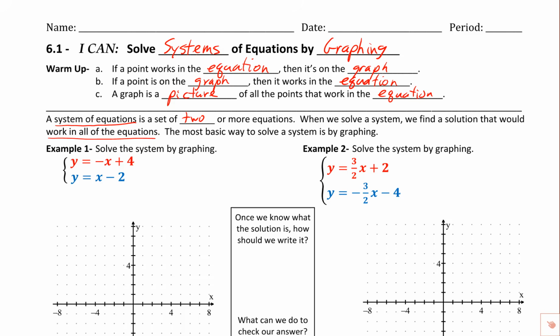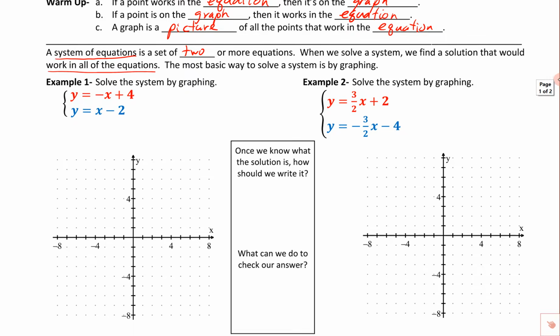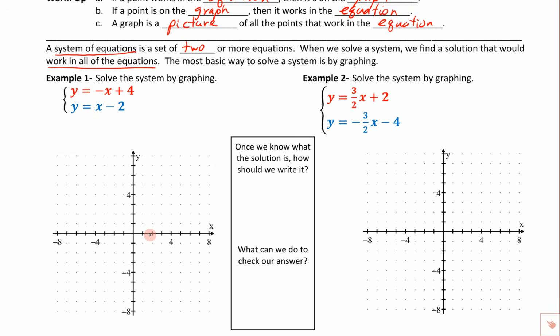So I've got this color coded a little bit, and you'll notice that I've got a graph right here. It's got dots on it, so we've got a nice grid pattern that we can work with. We can be really accurate with this. It says solve the system by graphing, and each one of these is already written in slope-intercept form. We know how to graph things really well in slope-intercept form, so I'm going to make sure I do this first one in red. This one crosses the y-axis at 4, and the slope is -1,